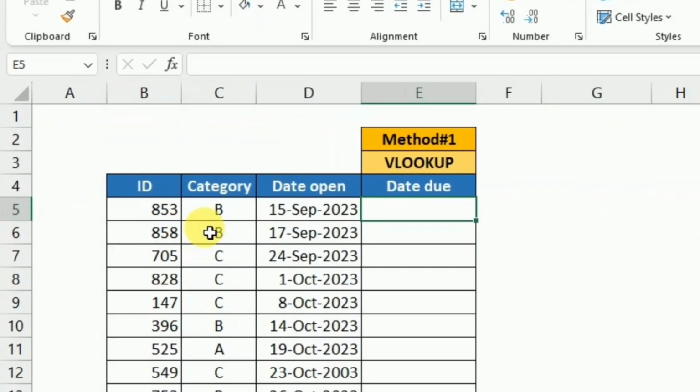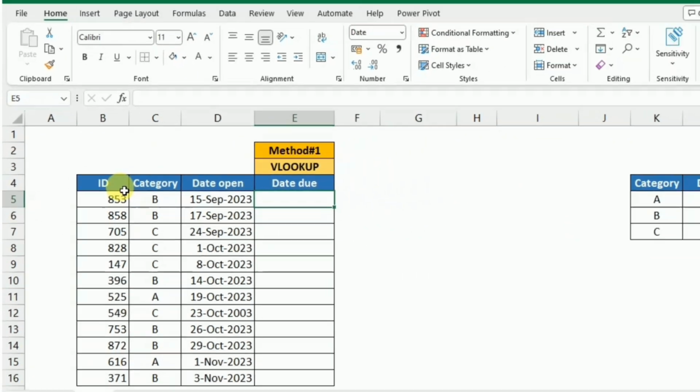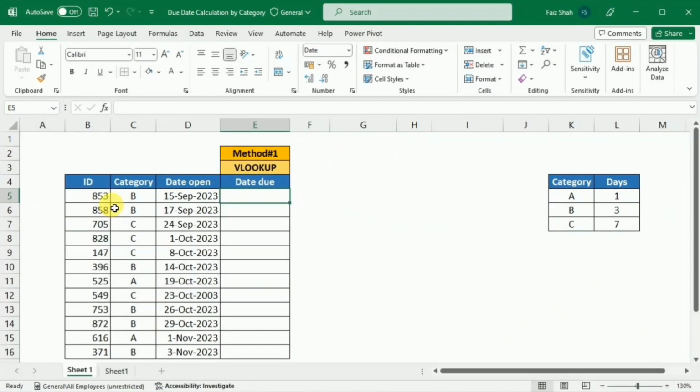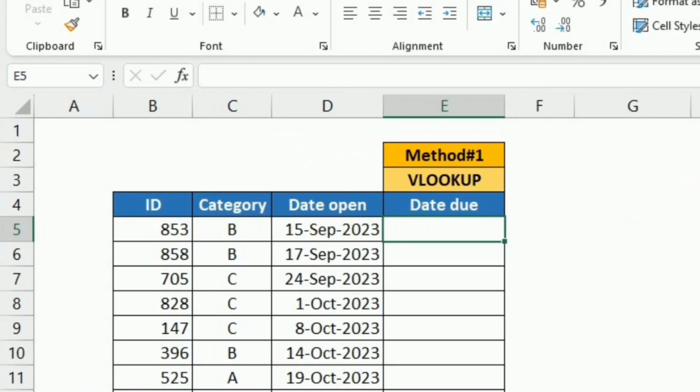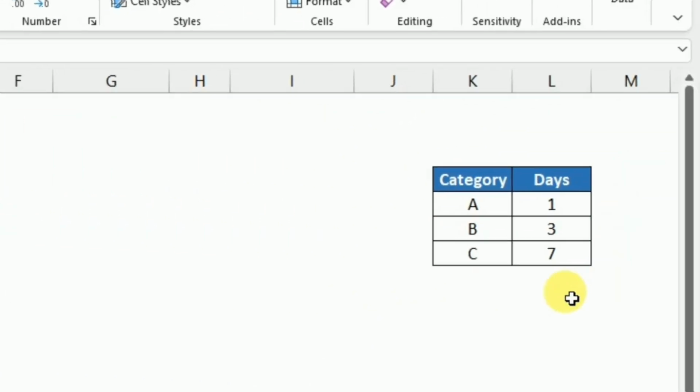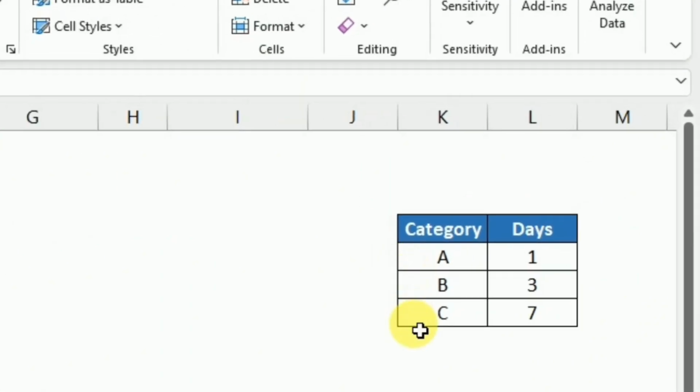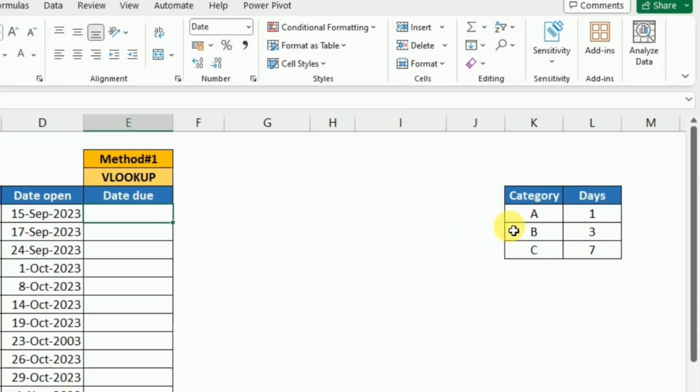This is the data, and in this data, the first thing is the ID. ID is actually representing the task, project or the consignment number, and next to ID is the category, and the detail of the category is given in this side table, in which I have the three categories, and for each category there is a specific number of days that are allocated to complete this task or consignment,